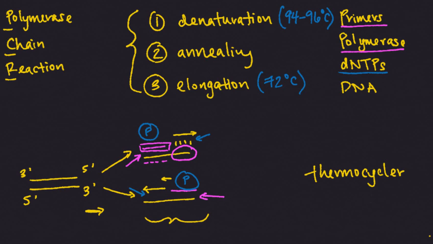So let's talk about what this is useful for. Why do we want to do PCR? What's the point of all of this? Well, PCR has a variety of uses. It's involved in DNA cloning, analysis of certain genes, if you're trying to diagnose a hereditary disease, or even in forensic sciences. The reason for this is it's important to have a high concentration of DNA for a lot of molecular biology analysis. And PCR gives us the ability to make an infinite amount of DNA out of a single